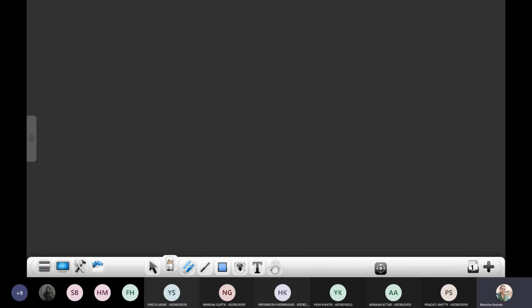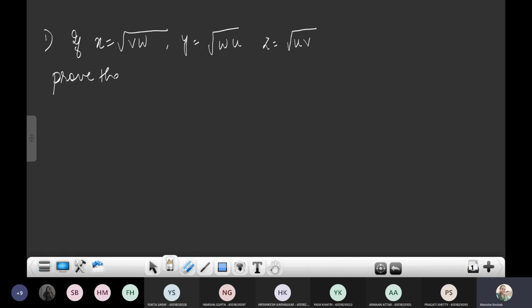Okay. So, what we'll do, we'll solve some questions based on composite functions or partial differentiation. The first one is: given x is equal to root of vw, y is equal to root of w into u, and z is equal to root of u into v. Then prove that